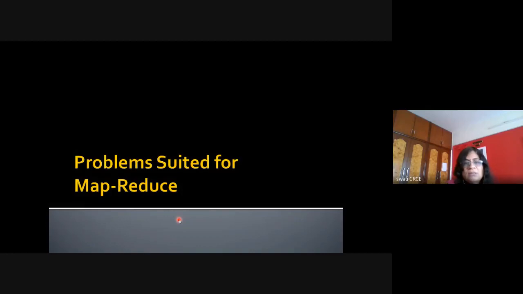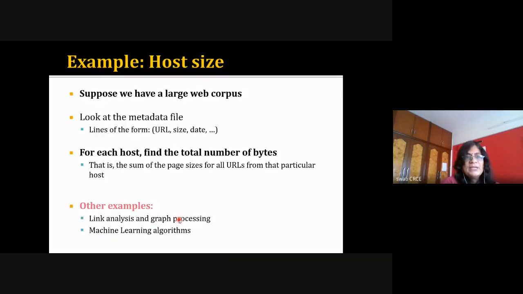There are multiple applications in link analysis, graph processing, and machine learning algorithms where we want to find the frequency of something, like a URL occurring any number of times. So this is extensively used. This word counting problem is extensively used in multiple analysis applications.